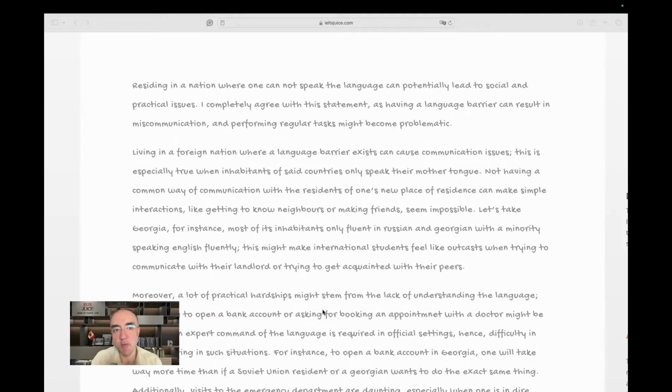Not having a common way of communication with the residents of one's new place of residence. The residents of one's new place of residence. There are too many residents or residents. Sounds repetitive a bit. I know this. Both are nouns, but residents refer to people. Residence refers to the state. The state, not as a province. The situation